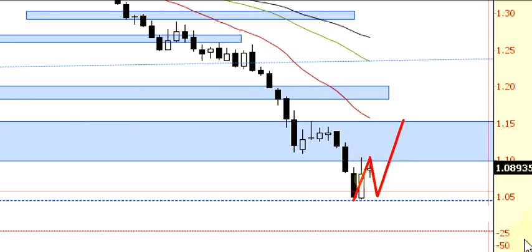So we could see that happen, or we could see the euro just blast right through this area and make a lower low. But the key is always,